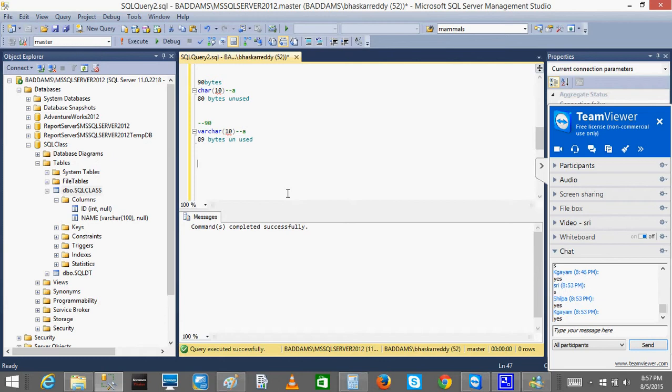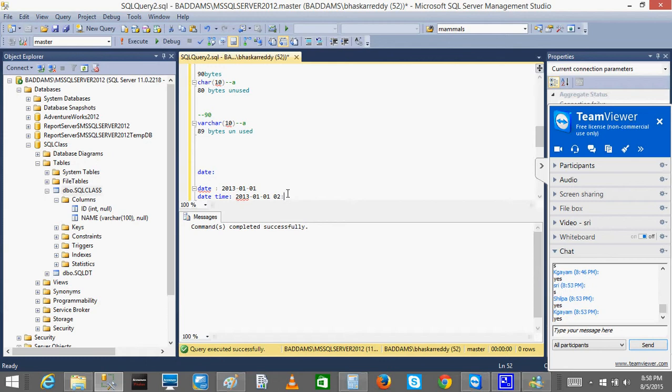Okay, next I want to store some date data types. In order to store the date, there are different types of date. You have date. Date means you can only store the year, like 2013-01-01. If I want to store date and time, then I give datetime. Datetime is nothing but 2013-01-01, and along with that you will also have time. Let's say it's 2 o'clock,